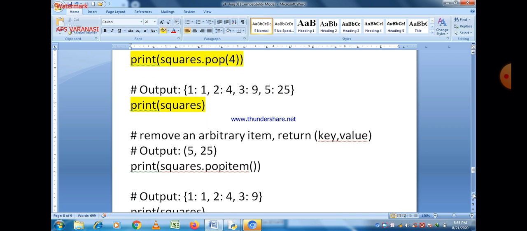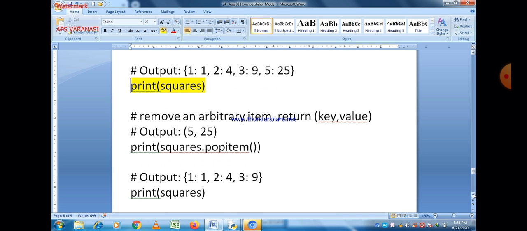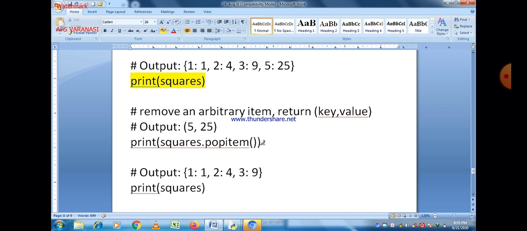Next is using the popitem method. As we know, the popitem method is just like the pop method, but it deletes an arbitrary key value pair. So it may be 5 and 25, or it may be another value. So if you just write that statement, 5:25 may be deleted, or it may be 1:1.